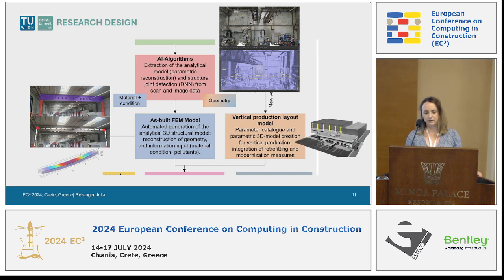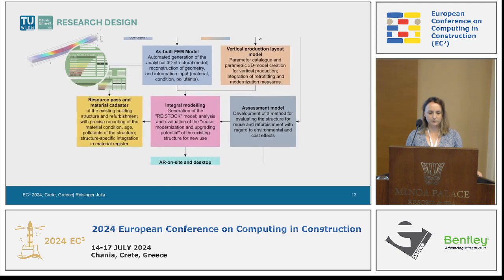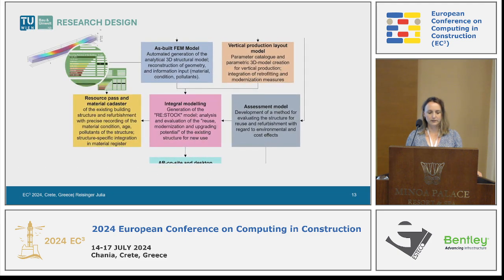In parallel, we need to find vertical production layout models, so we create this 3D parametric layout generator, which can be integrated into the finite element model. So if we have this integral modeling, we have a holistic